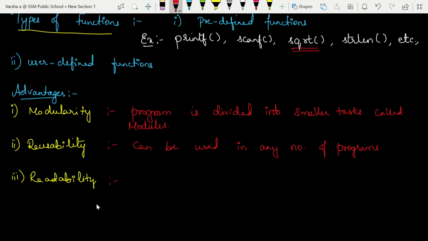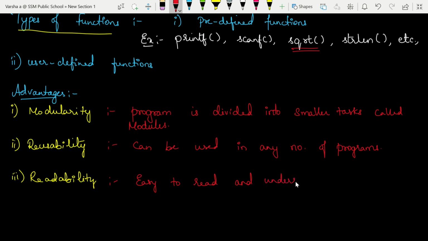Since it is divided into modules, it is easy to read and understand. It's always very important for you to indent your program and make it more readable and attractive and easy to identify for anybody who is looking at your program, because today you might be working on the program. What if tomorrow you are sick or you are leaving the job? Somebody else might have to take over the work, or maybe you are still in the team, you have developed one of the modules and you send it to some other team member, and they will have to go through your code and develop code similarly, right? So whenever you have written code, the other person should be able to understand it easily. So, easy to read and understand.